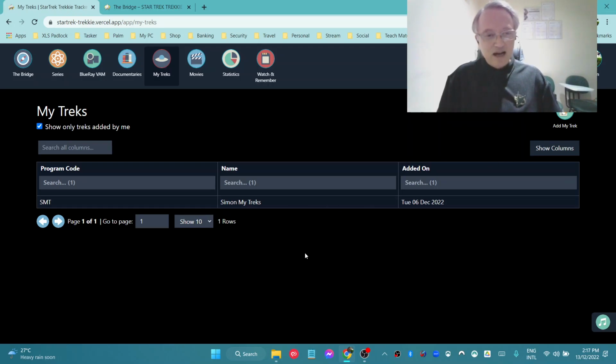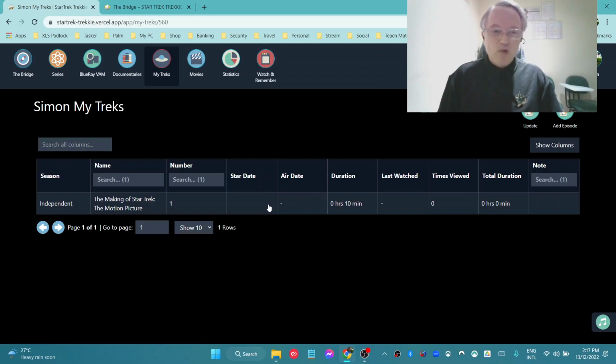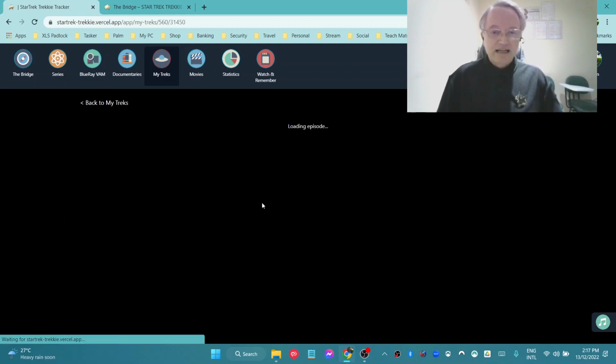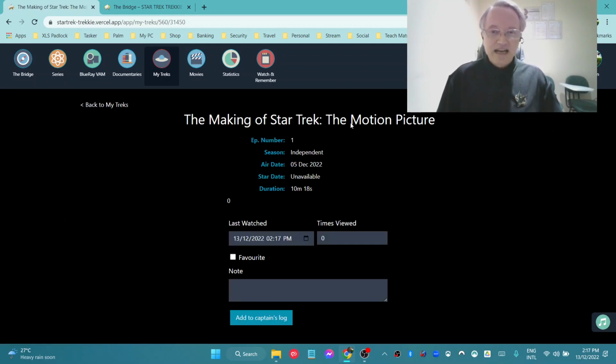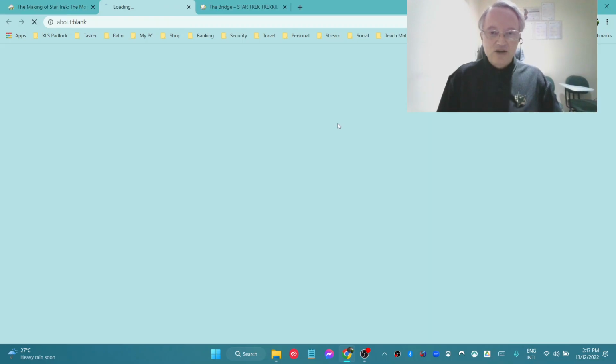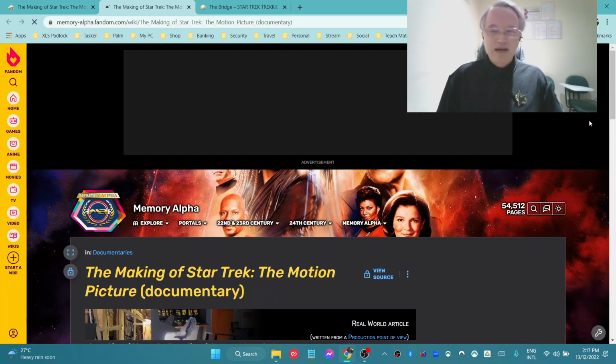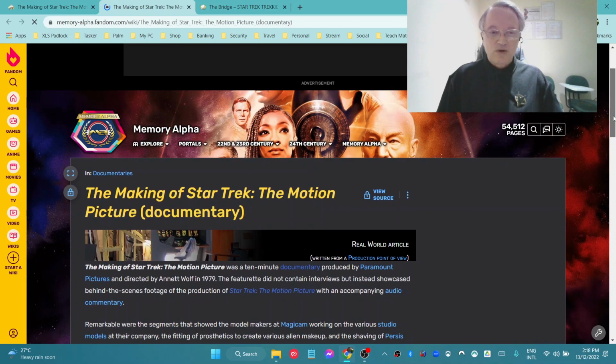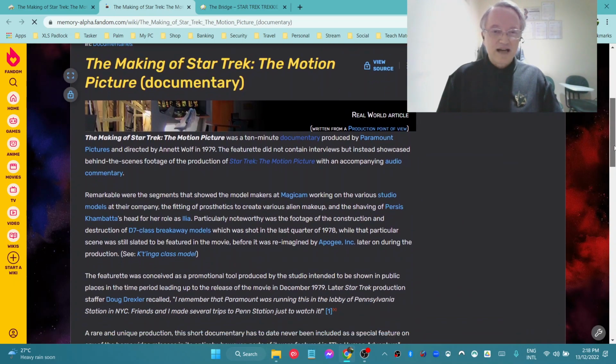So for example, I've created my master code, if you like, called Simon My Treks, and at the moment I've added one program in there which was a show called The Making of Star Trek, the motion picture. I can go into that, and then I can even take you straight to the internet, literally to the Memory Alpha screen that'll tell you all about The Making of Star Trek, the motion picture, which contains all the links